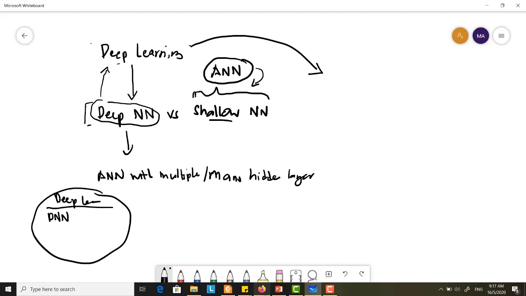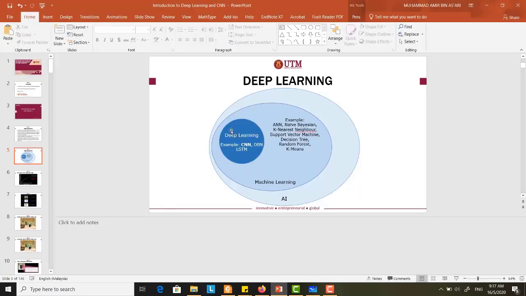So that's why, if you see in this slide, when I put deep learning there, when I put the examples there, I don't just put CNN, I also put some approaches which are not CNN. CNN can be considered a deep neural network, one of the common deep neural network approaches. But LSTM and DBN are also deep, one of the approaches in deep neural network. LSTM, is it a deep neural network? Yes, it's still a deep neural network.